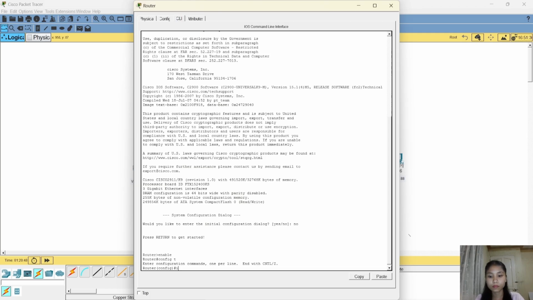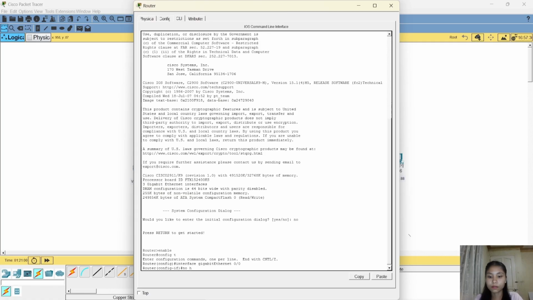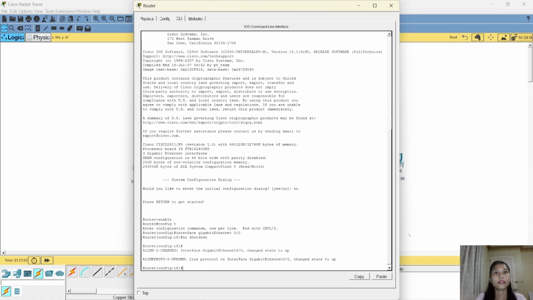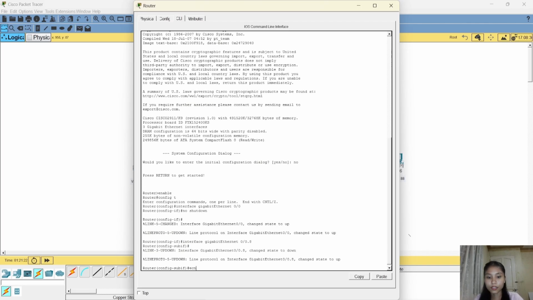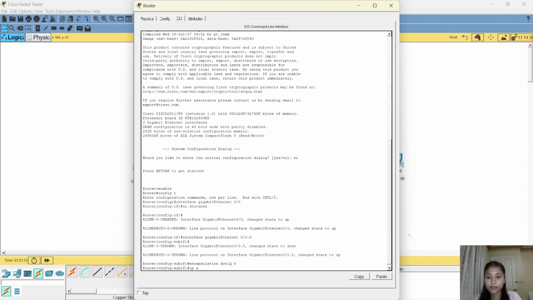So interface GigabitEthernet 0/0, and then no shutdown. Then the sub interfaces. We will create a VLAN 8 sub interface, 0.8. Then encapsulation dot1Q 8. And then IP address 10.130.192.1